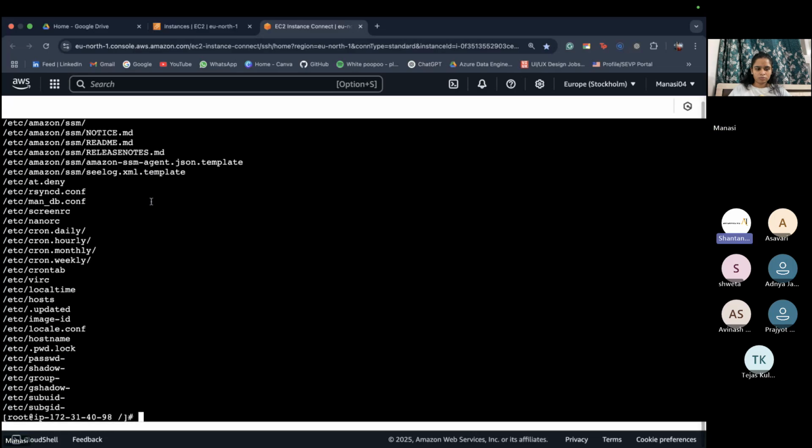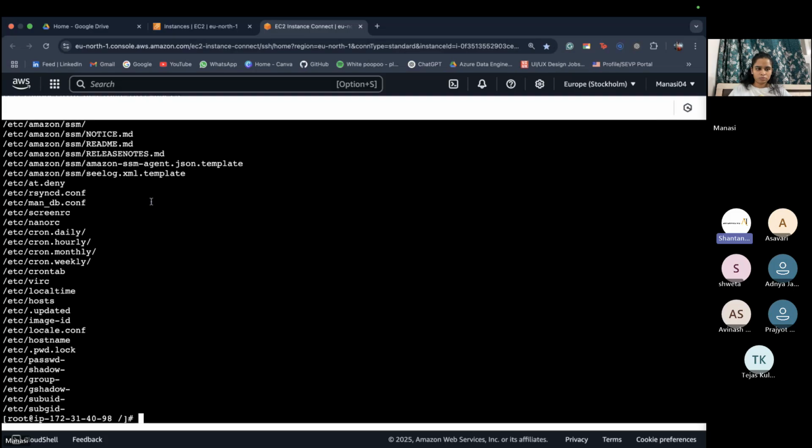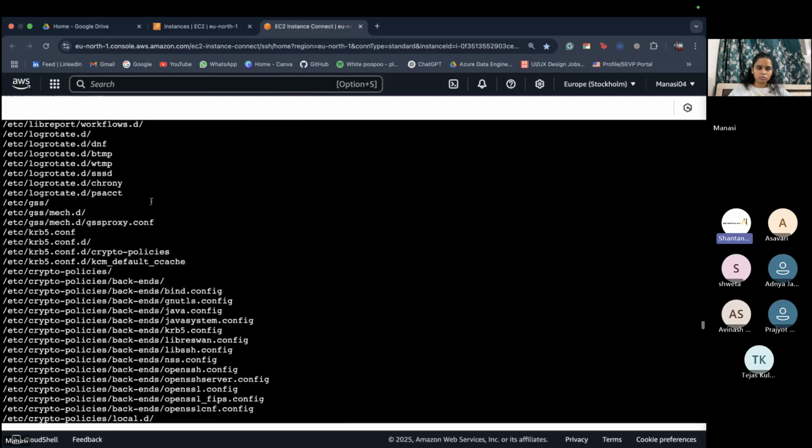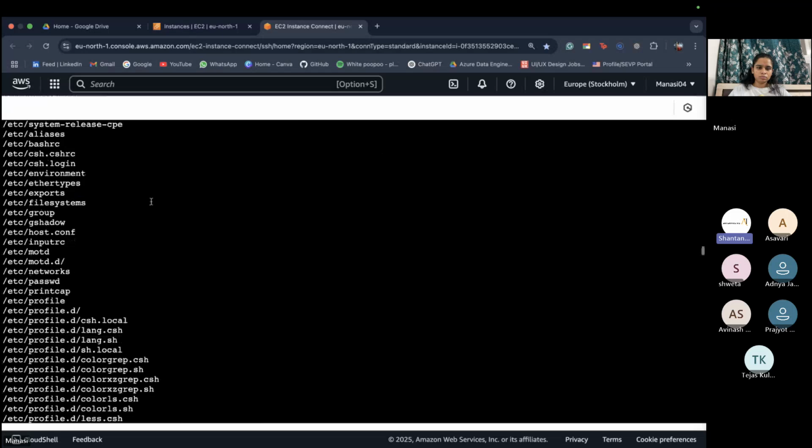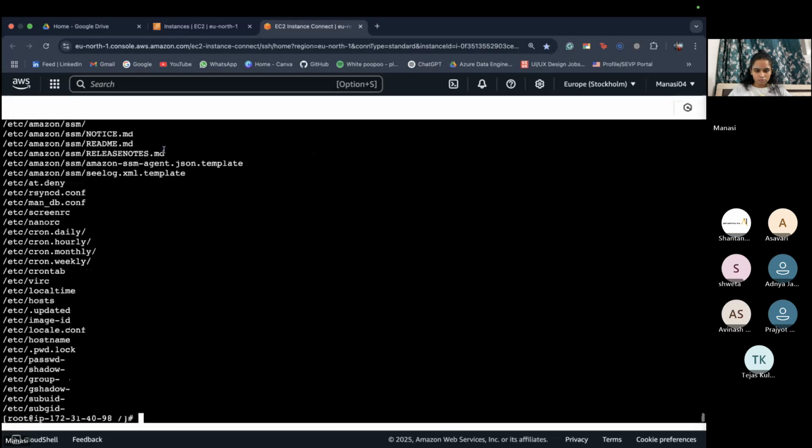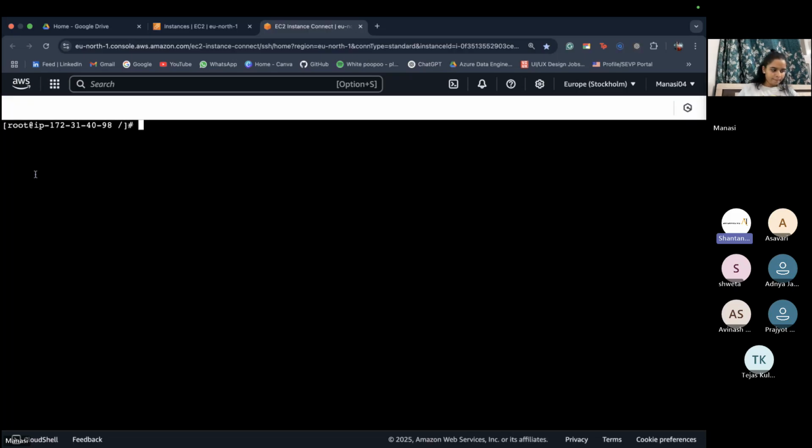Now, as we can see, it is trying to compress every file inside the /etc directory. Let's clear the screen and check the size of the compressed file. So we know before compression it was 22 megabytes. Now what is the new size? Okay, this is the actual file size. Now display the size of the compressed file.